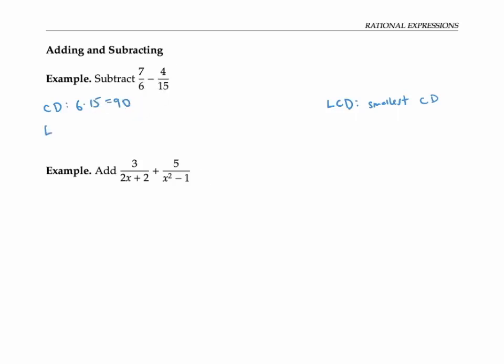But if we want the least common denominator, the best way to do that is to factor the two denominators. So 6 is 2 times 3, 15 is 3 times 5, and then put together only the factors we need for